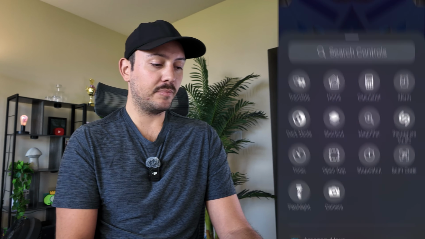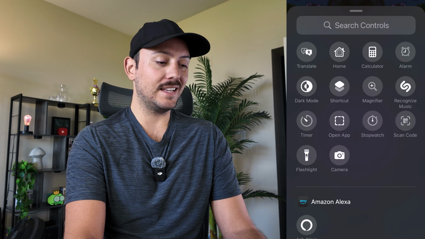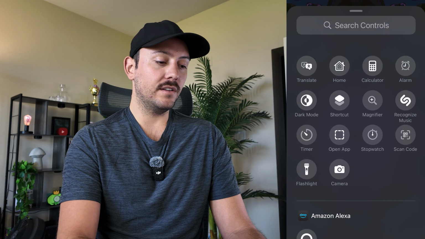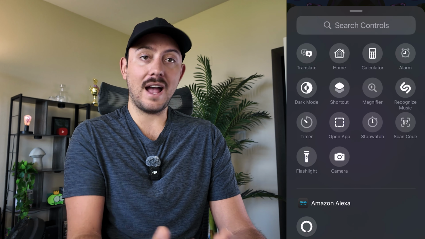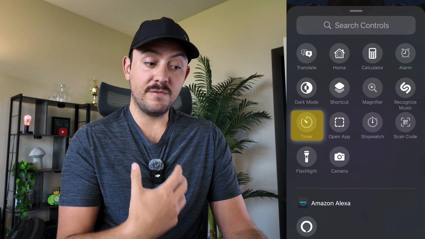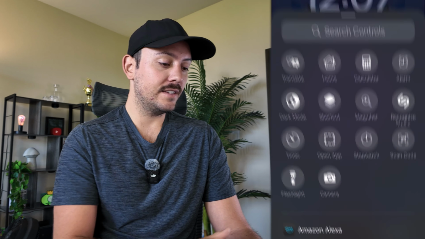If we would like to replace one of these, just select the minus and then tap plus once that is removed, and you can select any of these new controls here within the different Apple options or other apps that you might have. For example, if I am very often setting timers, I can set this as a timer on